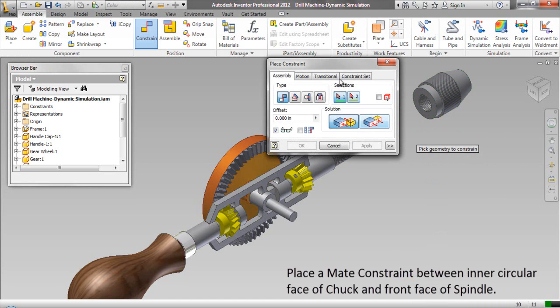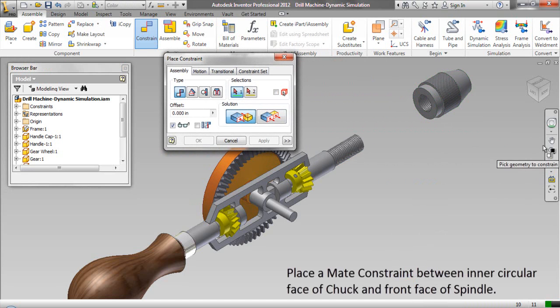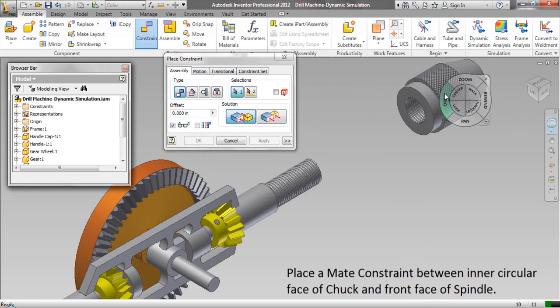Place a mate constraint between inner circular face of chuck and front face of spindle.